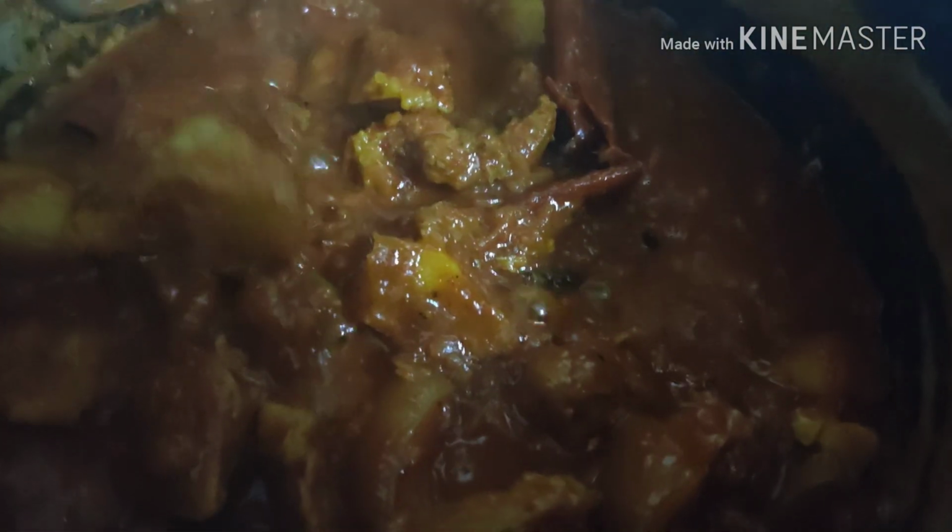At this point of time, you can also check for the spice, and accordingly, you can add half a teaspoon of garam masala powder, and that's optional. After adding the vinegar, I'm now going to let it soak into the pork. So I'm now going to switch it to low flame and then cover it with a lid and cook it